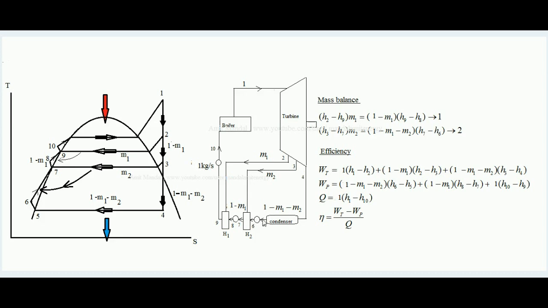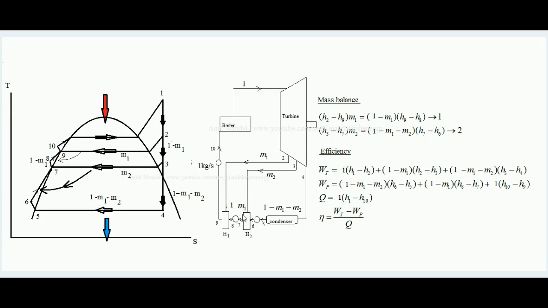One pump is taking this liquid from point 5 and forcing it to go inside the heater 2. So what would happen? 1 minus m1 minus m2 kg per second of water is going inside the feed water heater H2. From here m2 is coming and condensing inside. Here we can see the TS diagram, that between 3 and 7 whatever amount of heat is rejected in the feed water heater by condensation of m2, it is taken up by the liquid water from point 6, which is also going inside the feed water heater, and it is heating to point 7. So the liquid water is heated from point 6 to 7 by this condensing steam m2 inside the feed water heater.